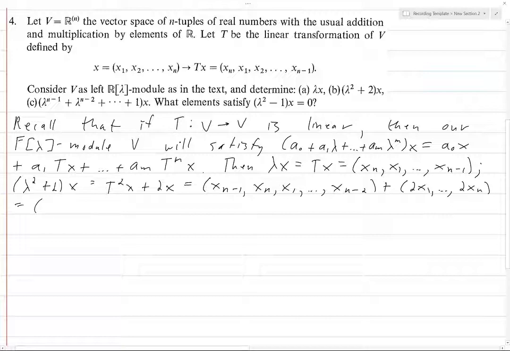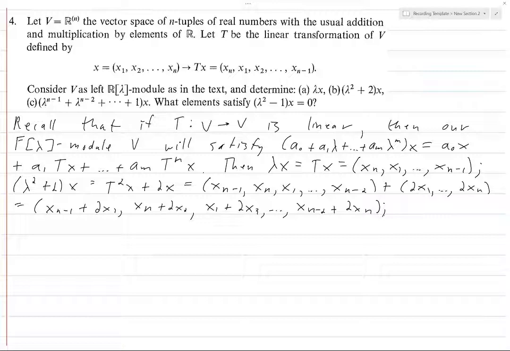That, of course, is equal to xn minus 1 plus 2x1, xn plus 2x2, x1 plus 2x3, all the way up through xn minus 2 plus 2xn. So far these are just not very illuminating. Hopefully, by writing all these out, you are forced to memorize what this action is. And then this last one is a little interesting because we have